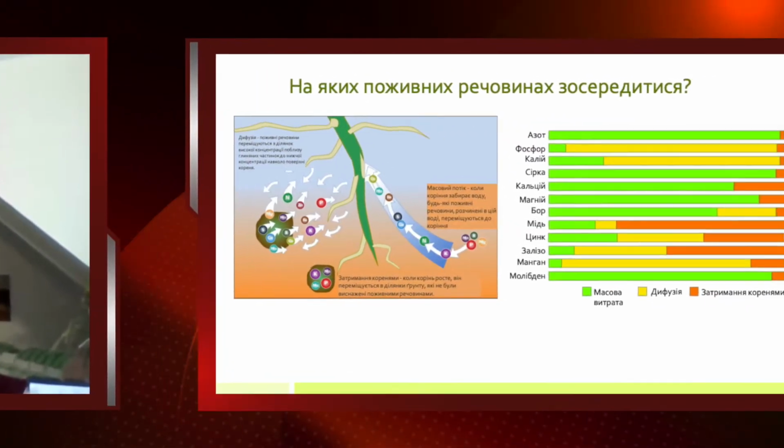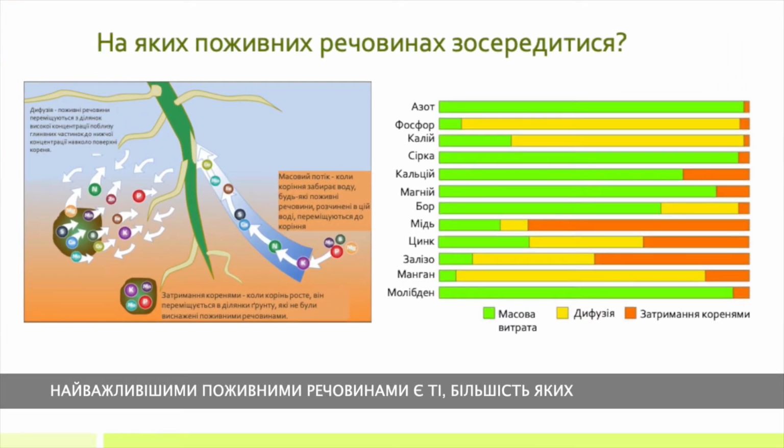So, as I said, nitrogen, sulfur, calcium, and magnesium are transported by mass flow, and we wouldn't expect too much effect. Also for boron, we wouldn't expect too much effect from these nutrients in a starter fertilizer, because normally they are in good supply when the crop takes up water. The critical nutrients are those where the majority is transported to the root and finally taken up by diffusion. And as I mentioned already, phosphorus, I think the biggest share of phosphorus uptake comes from the diffusion process.